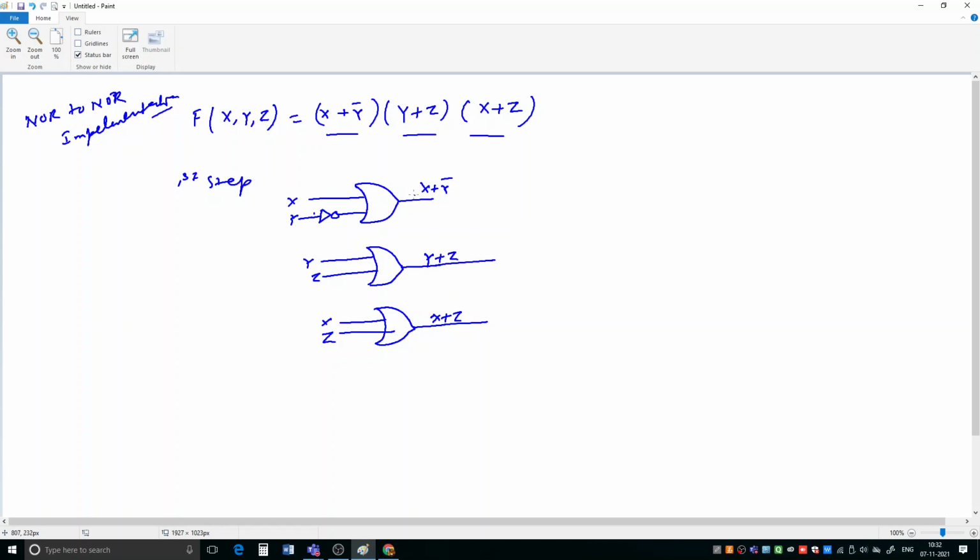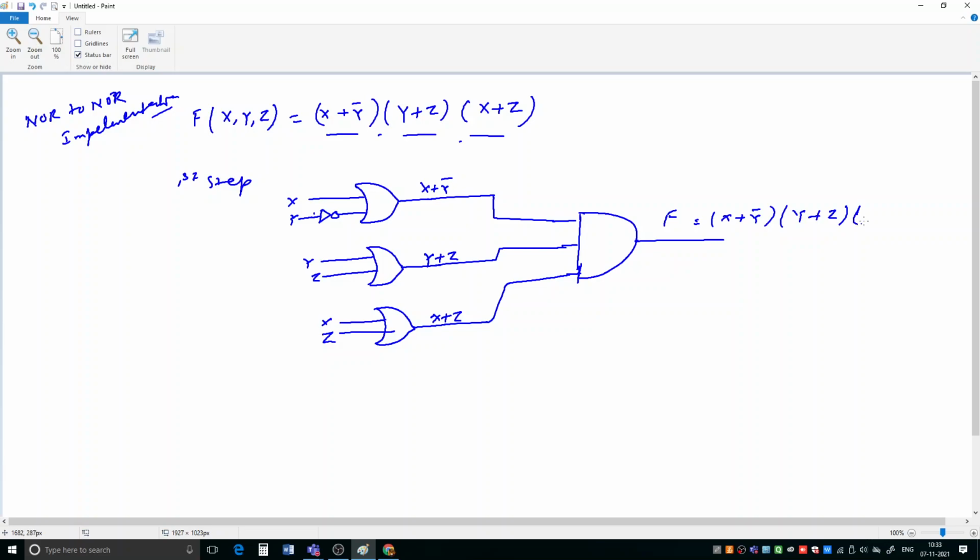Now these three outputs will be passed as input to an AND gate, because they are dot. So all these three will be passed as input to an AND gate. So we are passing this. So this is our final F, which is equal to x plus y naught, then y plus z, then dot this